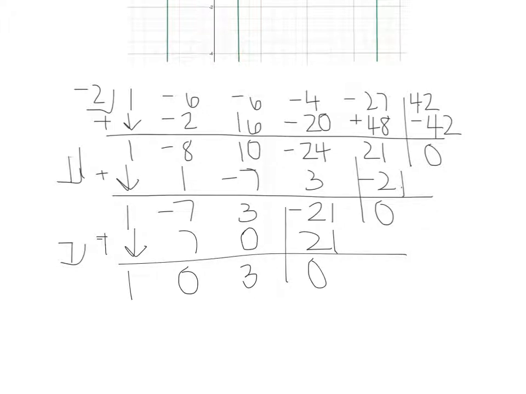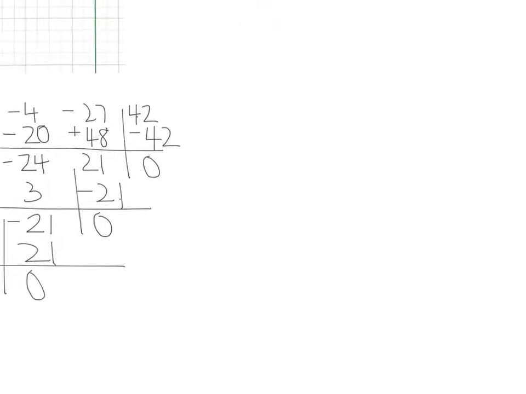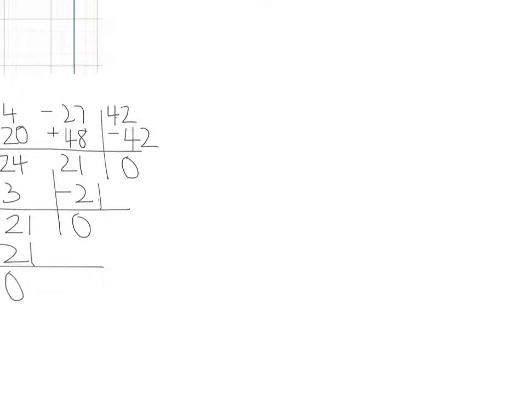So the quadratic I end up with after I use synthetic division to factor out my known zeros is x squared plus 3. And we don't actually have to use the quadratic formula to solve this quadratic because I can use the square root property. So when we're solving our quadratic, we have x squared plus 3